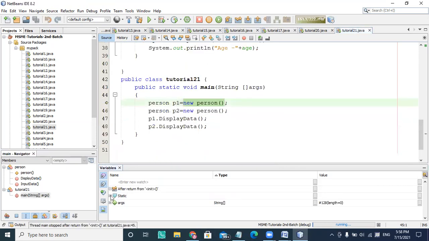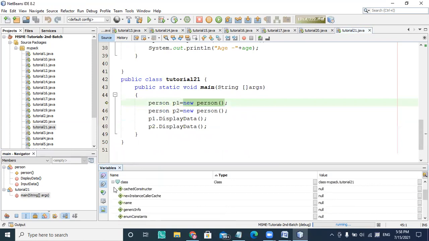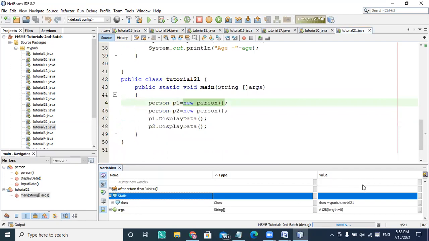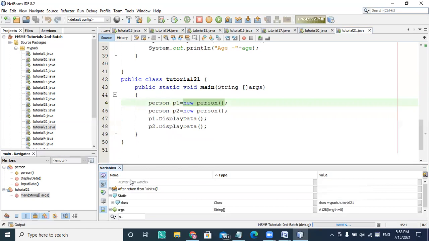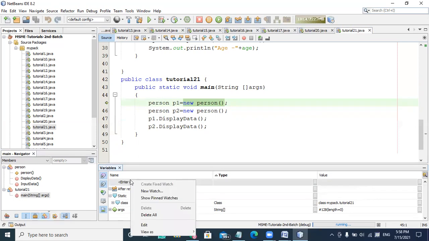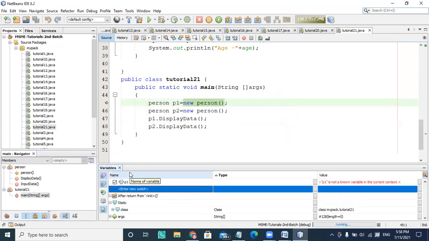If you look at the P1 object here, this class has a P1 object and a P2 object. I'm keeping a watch on P1 here, adding a watch on P1 here, because I want to see the P1 content.